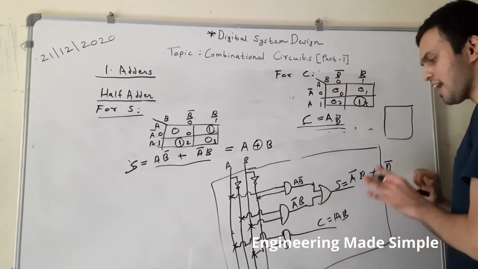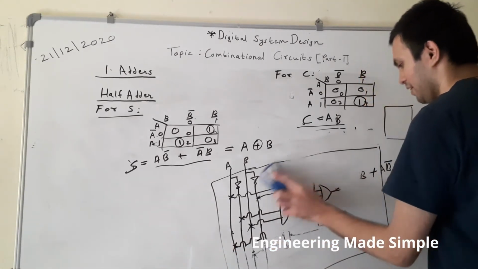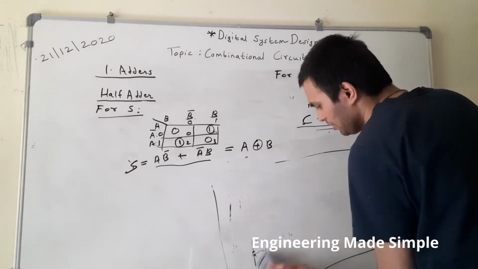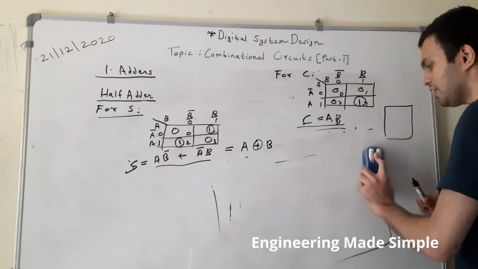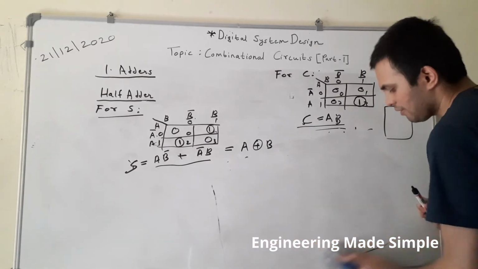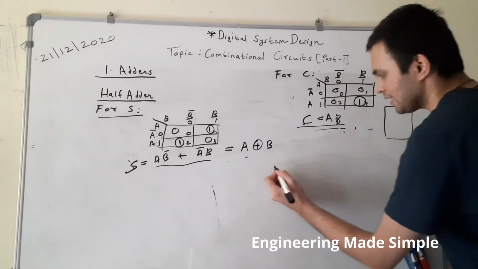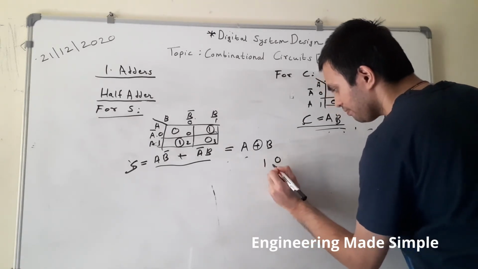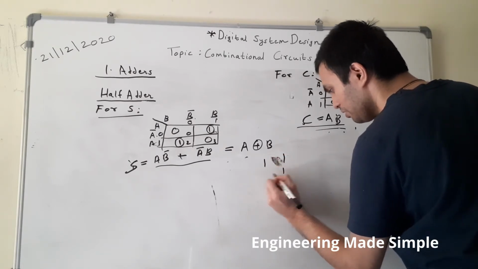Now we have discussed half adder, but there is one disadvantage when it comes to half adder. The first prominent disadvantage is it will perform only single bit addition. So in case you have a large number to add, let's say for example, now we are discussing the drawing. Let's say for example we have a number 1 1 and another number is also 0 1.